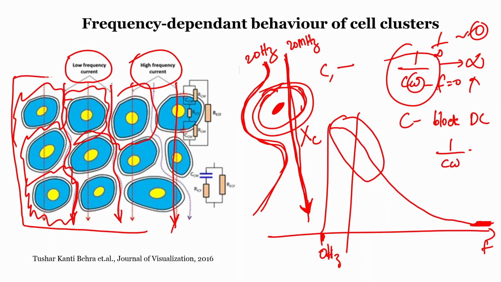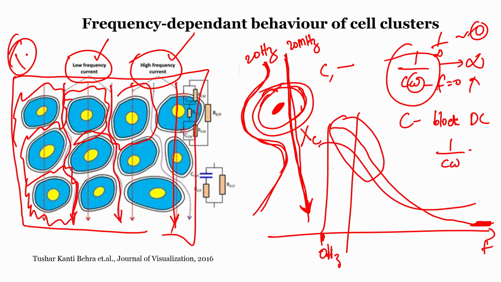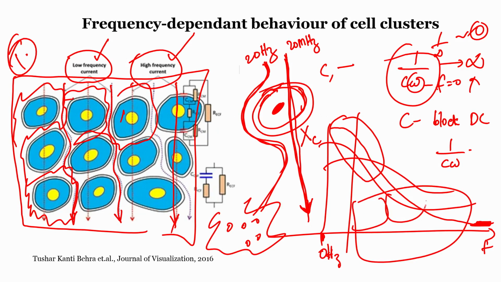So, this matrix and cells coming together is what constitutes tissue, right. This behavior defines how the tissue responds to low frequency excitation and high frequency excitation. That is how the impedance response changes, and depending on the different kinds of tissues, the way the cells are arranged, the percentage of matrix and cells in the tissue, some tissues might have a lot of matrix and very few cells, and they will behave differently. Some tissues may have very little matrix, mostly cells only, and they will behave differently.